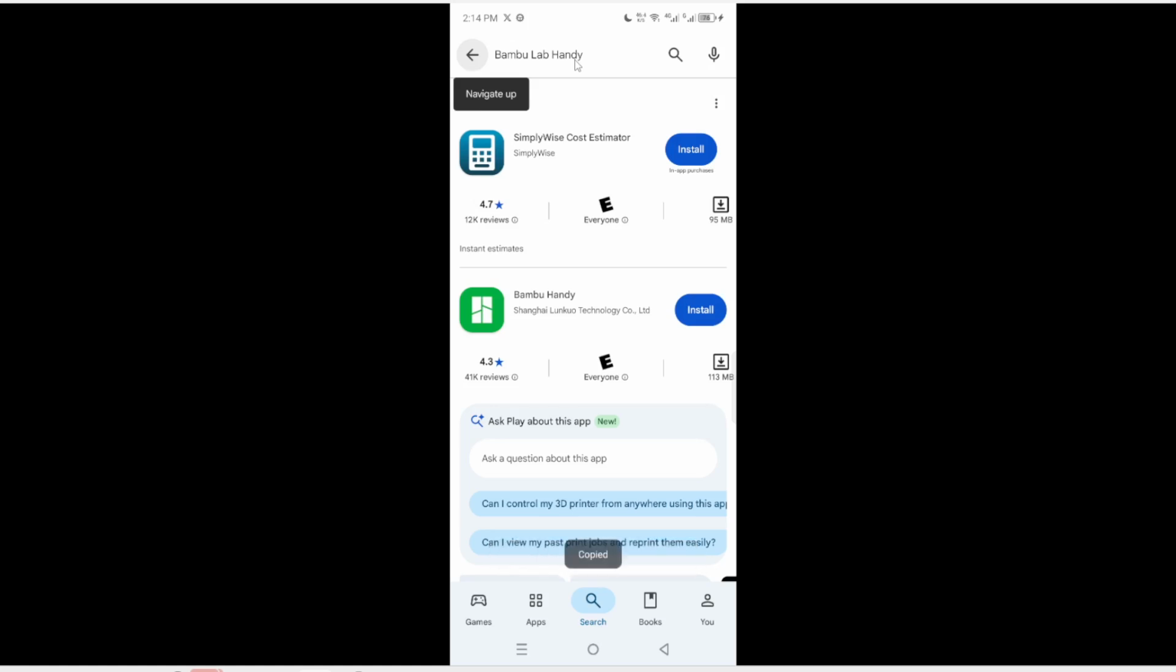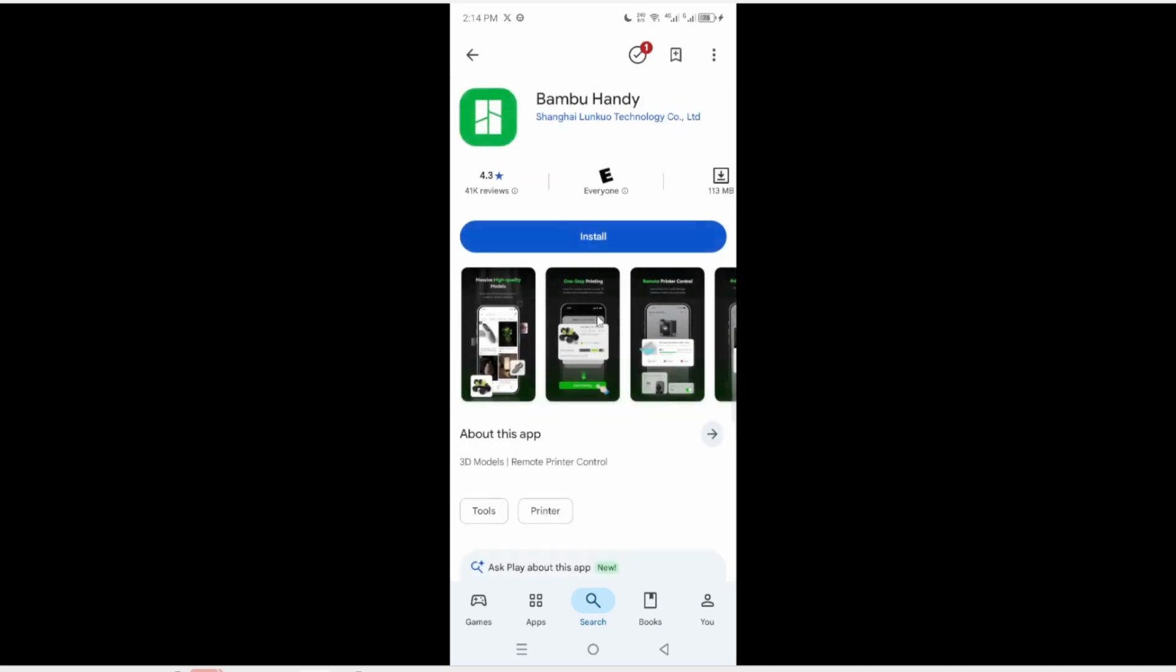to install. Now, select the official app developed by Shanghai Lungquo Technology Company, Limited. You can identify it by looking for the developer's name alongside the app icon. This verification is important to avoid downloading a fake or malicious app. Ensuring you select the official app guarantees that you get the most secure and stable version available. You will see the app icon and its details displayed on your screen, confirming that you are on the right